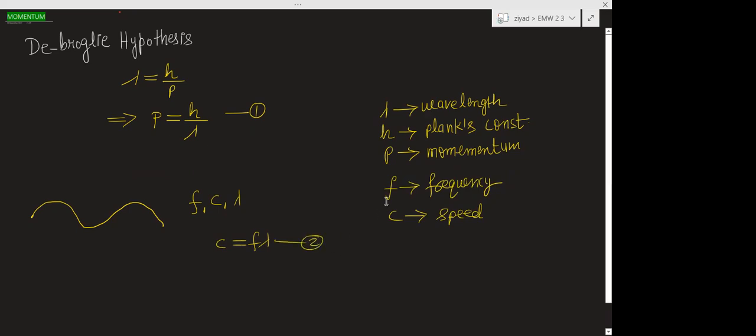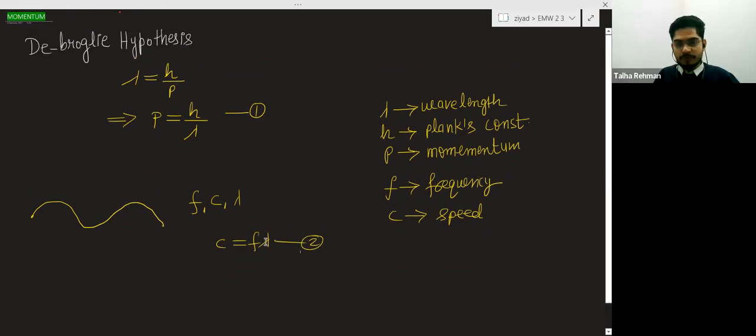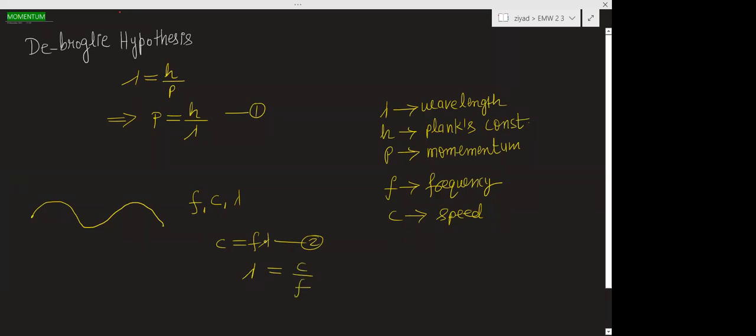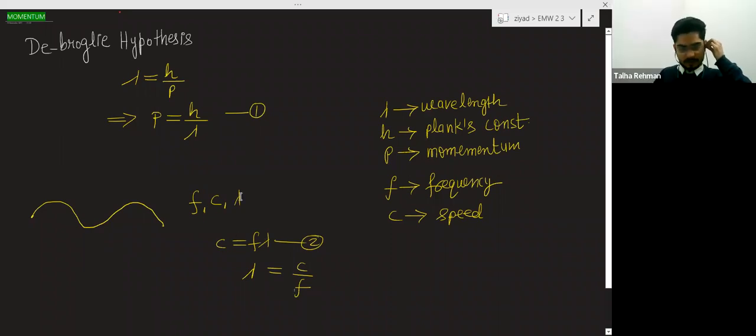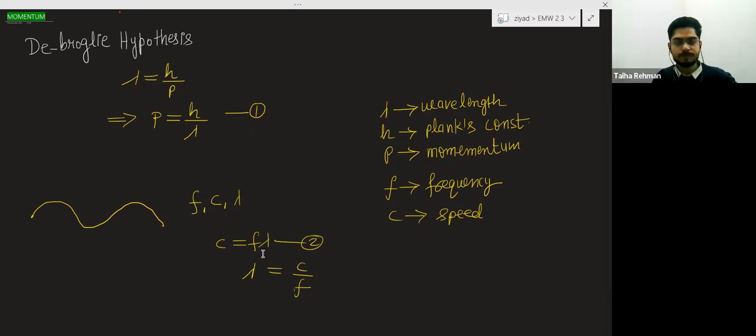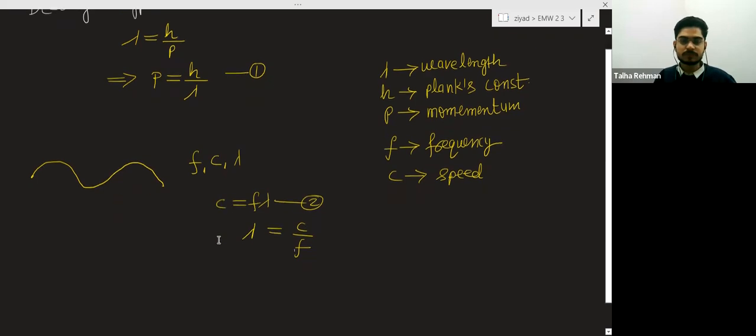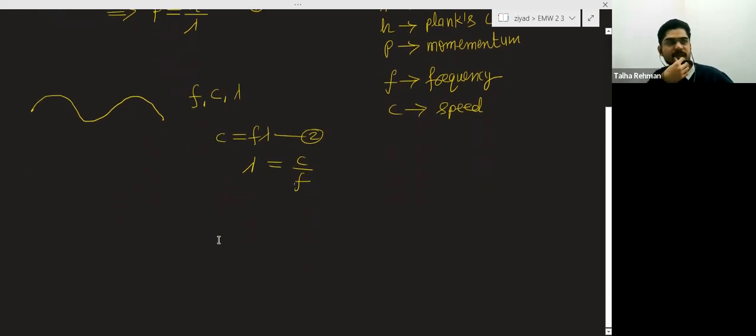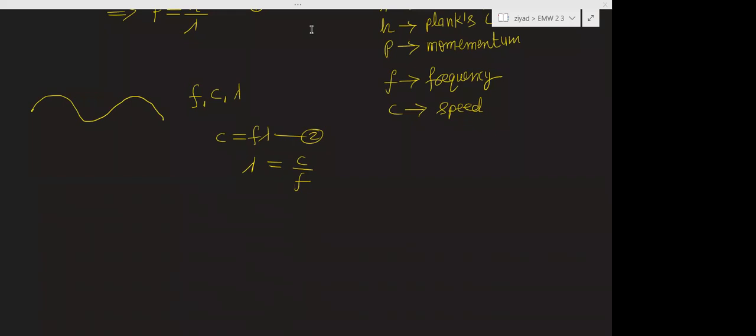Now from this equation you can find lambda. Lambda will become c by f. So basically, there is one more relation between the energy and the